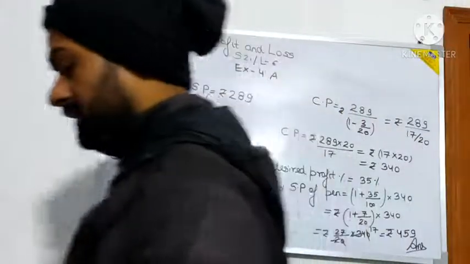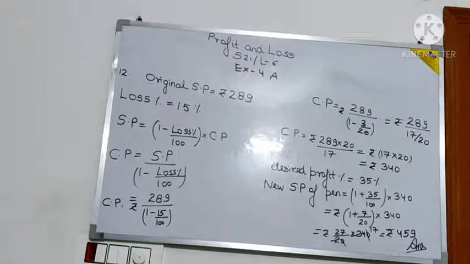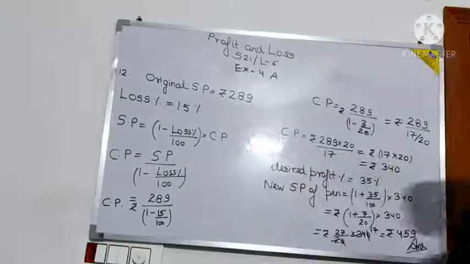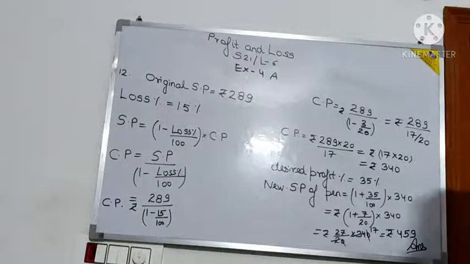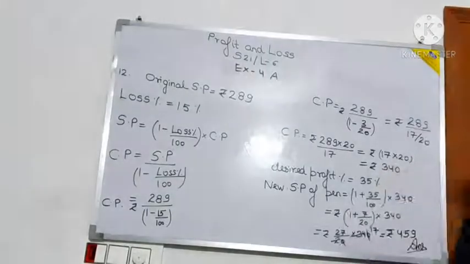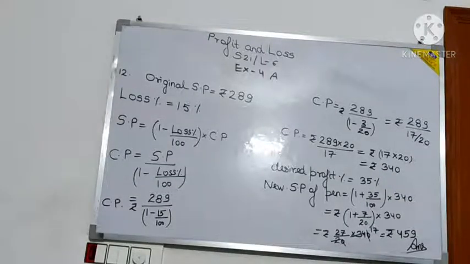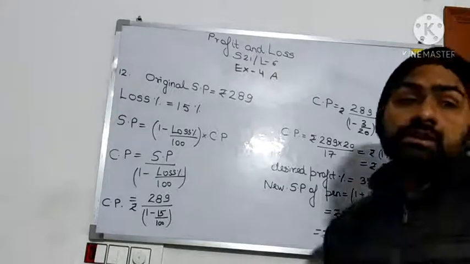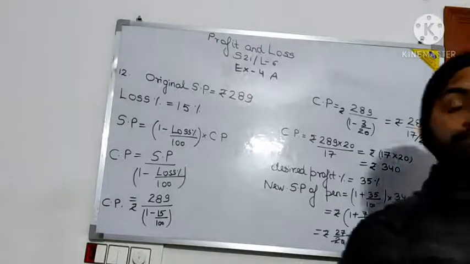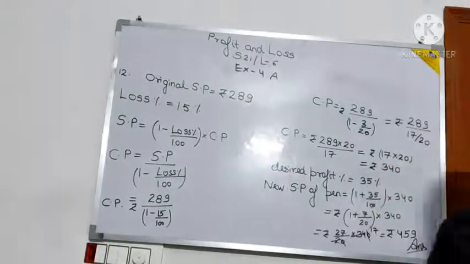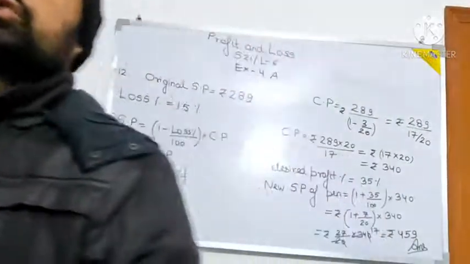So here what we have done, see, only the price of the pen was given, the price at which the pen was sold, 289 rupees. And if the person is selling the pen at 289 rupees, he is incurring a loss of 15%. So with 15% loss, we have to calculate first what? CP. At whatever price he is selling, that is irrespective of what the CP will be. So selling price can change for the same item. Once we change the selling price for a particular item, our profit or loss will change.